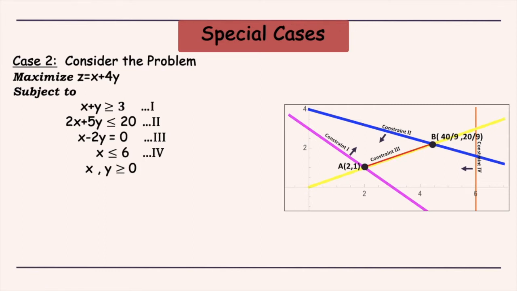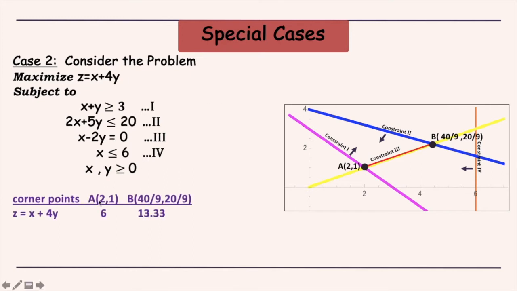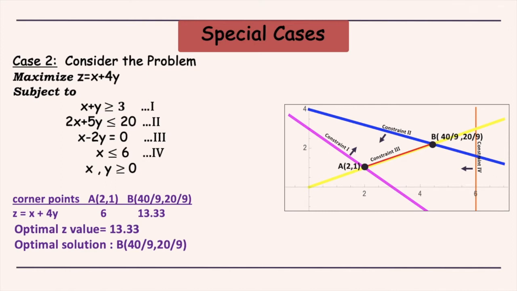So this red line is the feasible region we have for this particular problem. Okay, so we see the corners for this feasible region. They are these 2 points A and B, and the Z value at these 2 corners are 6 and 13.33, and since we want to maximize this Z, the maximum is attained at the point B. So we would say here that point B is our optimal solution. Okay, so optimal Z value is 13.33 and the optimal solution is attained at the point B.